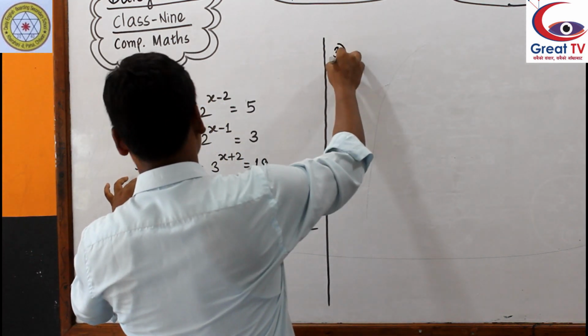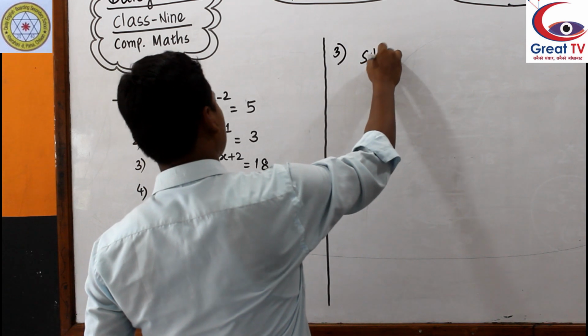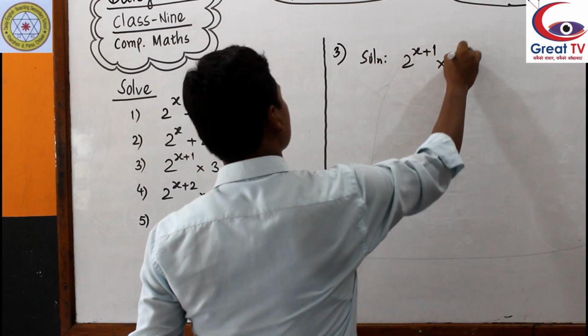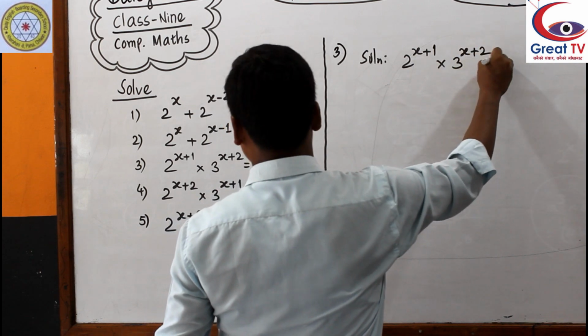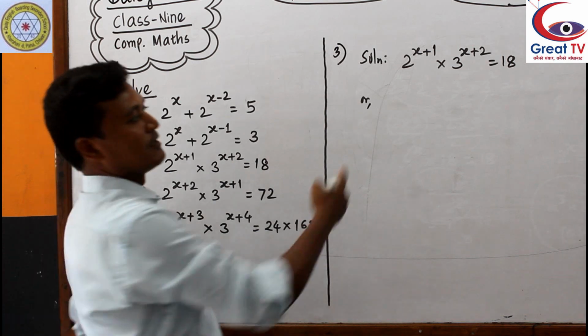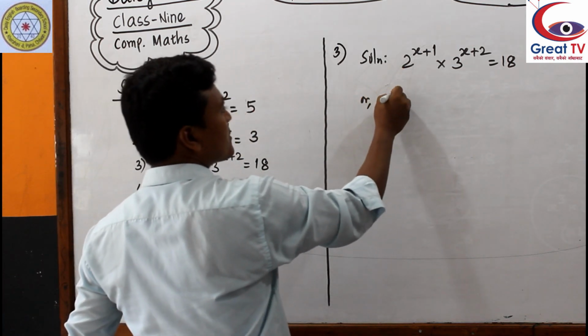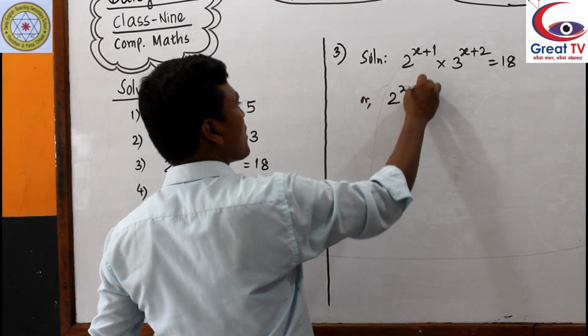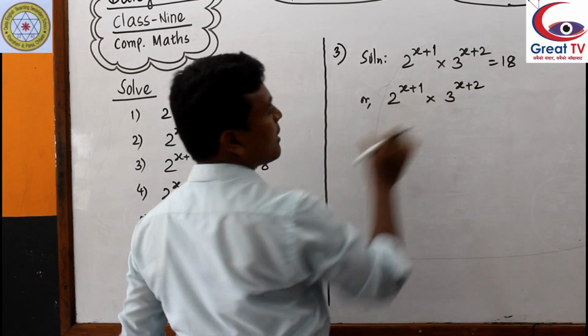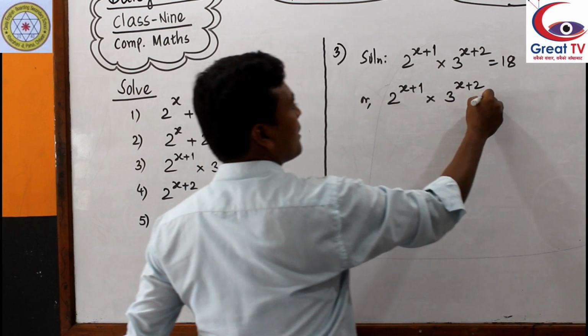Again the same 3 number. The solution: 2 to the power x plus 1 times 3 to the power x plus 2 equals 18. Copy it the same: 2 to the power x plus 1 times 3 to the power x plus 2. On the right side we have